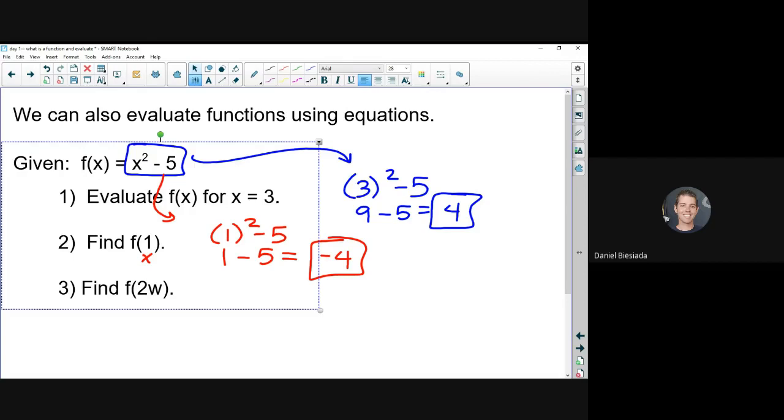Now, if I look at the third example down here, we have f of 2w. The 2w there looks a little tricky because it's not a number. All it really means is that our final answer is not just going to be a number,